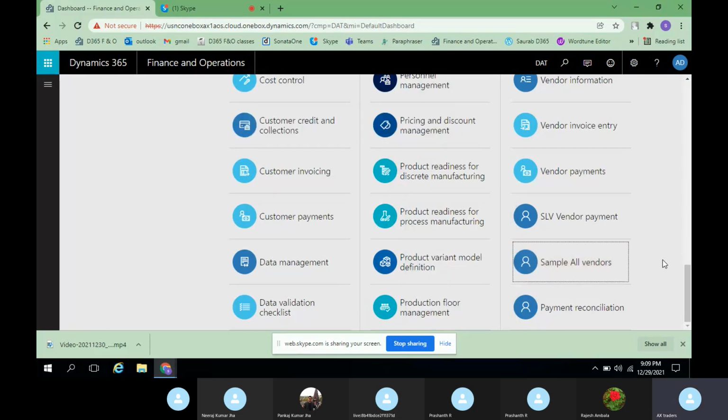So instead of creating a new workspace, I have renamed the existing one to sample all vendors.